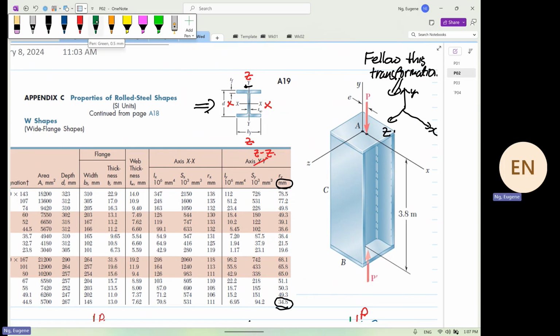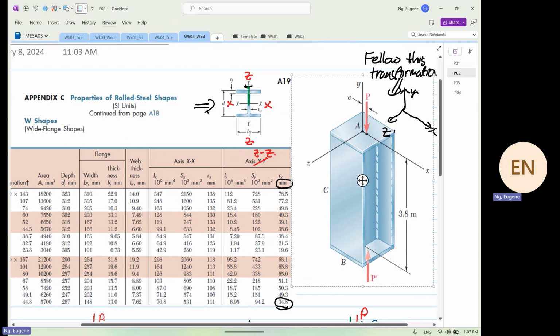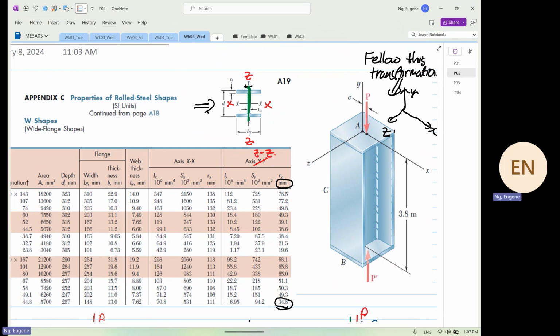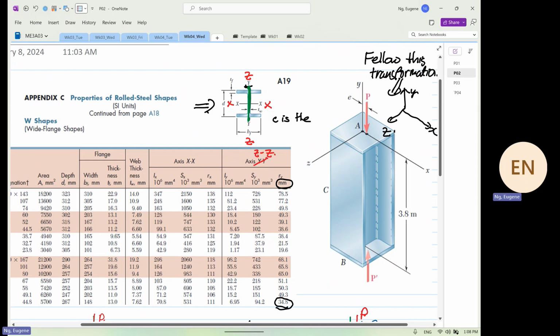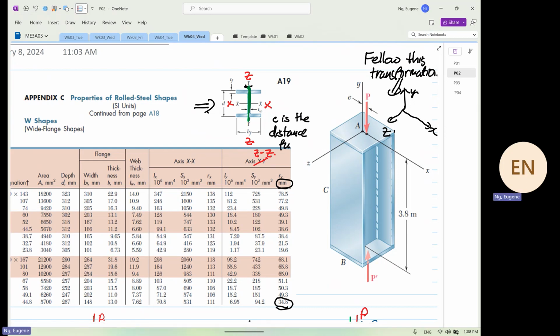I'm going to highlight this axis. So what we have to be looking at is the distance furthest away from the green axis. I repeat again, C is the distance furthest